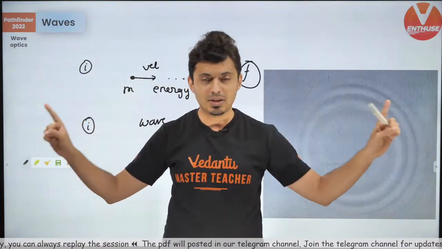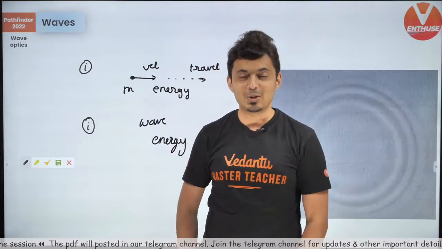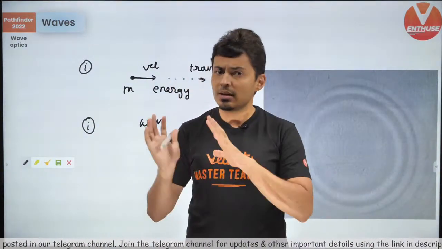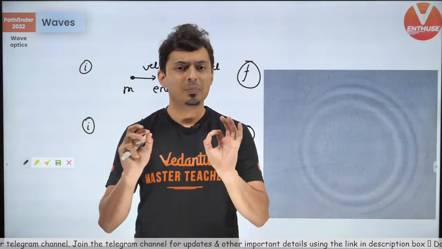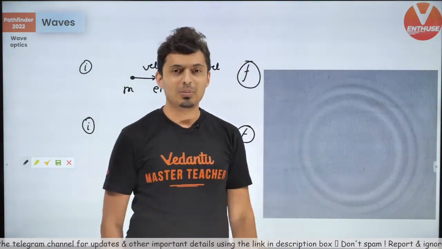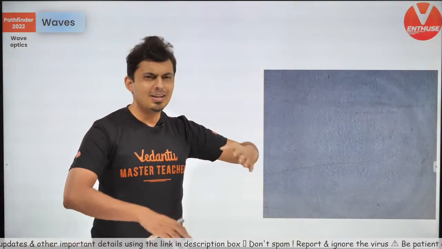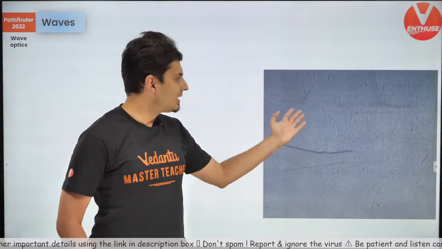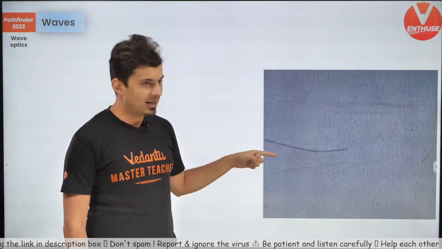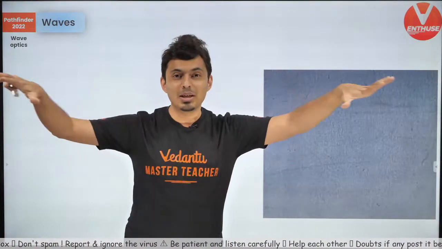So there are two ways of transporting energy. One is a particle, where the particle itself moves from the initial to the final point. Second is a wave, where nothing actually travels from initial to final, and even if there are particles, they just shake around and oscillate, but the energy moves from the initial to the final point. There are many examples. Take this one: the surface of water. You take a stick or a pen and hit the surface of water, and you will see ripples flowing around.